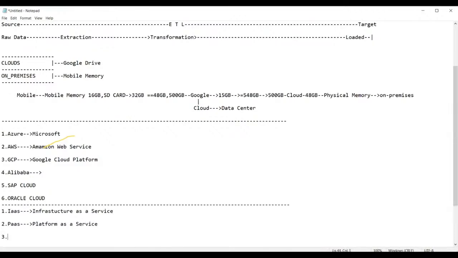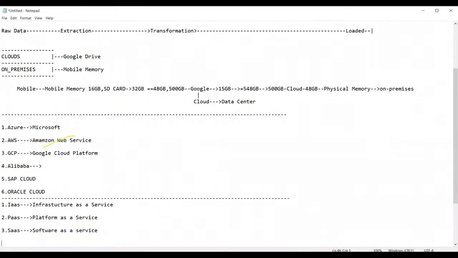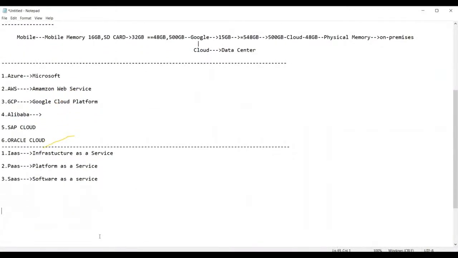Then, guys, third one is SaaS. SaaS stands for what, guys? Software as a service. Guys, these are the three different services provided by the cloud providers. That means IaaS, PaaS, and SaaS. These are the three categories of services provided by the cloud providers. Getting my point? So now the entire cloud service is classified or built according to these categories: IaaS, PaaS, and SaaS.